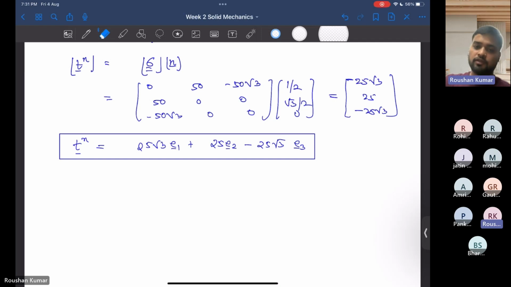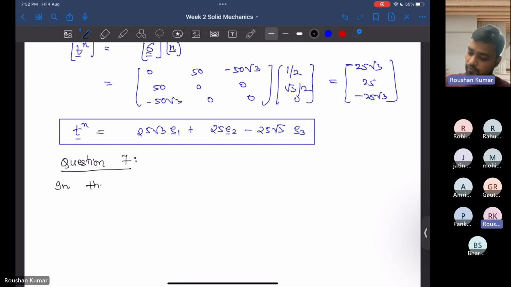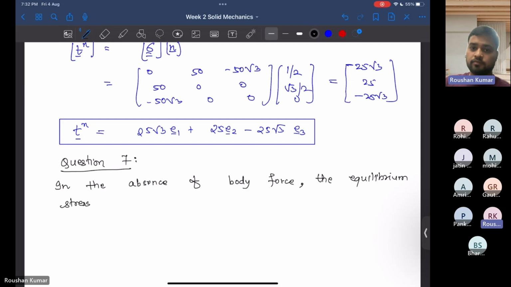Now we have the next question, which is based on the stress equilibrium equation, that is LMB, linear momentum balance equation. The question is question number 7. In the absence of body force, the equilibrium equation, the stress distribution for a certain body is